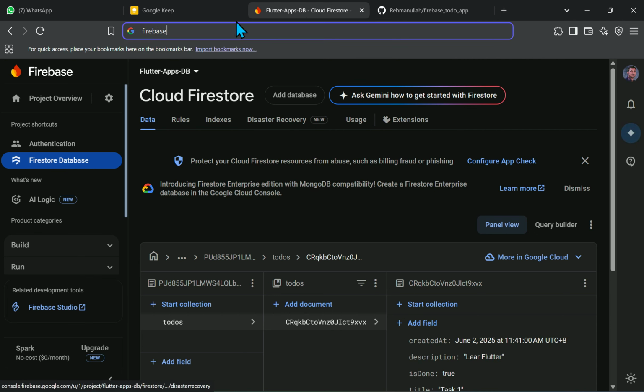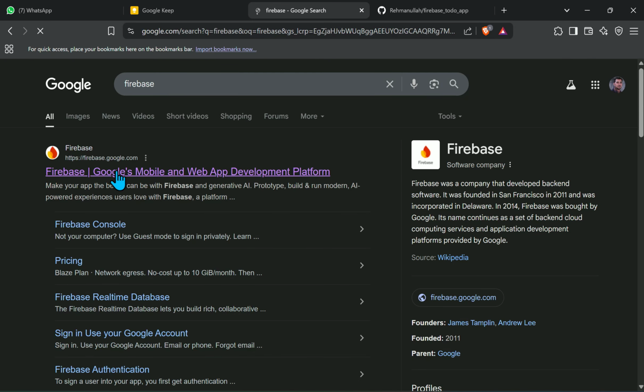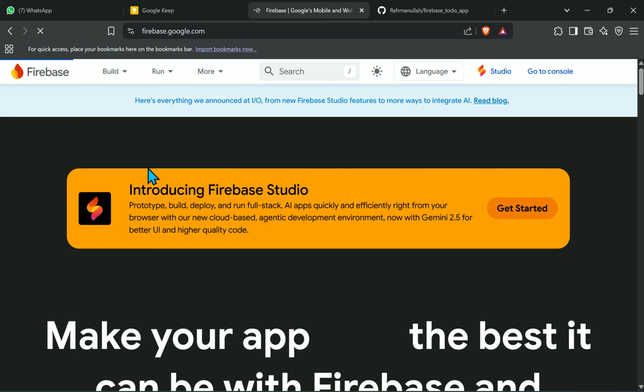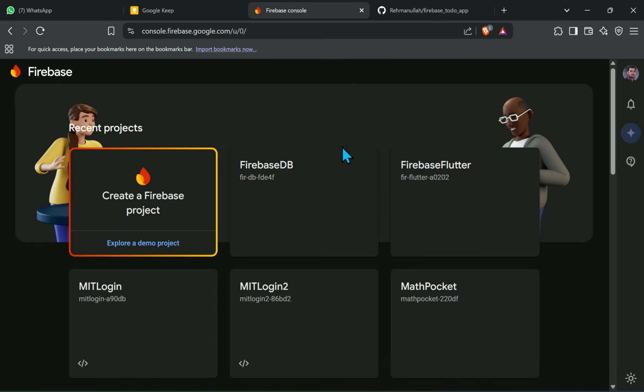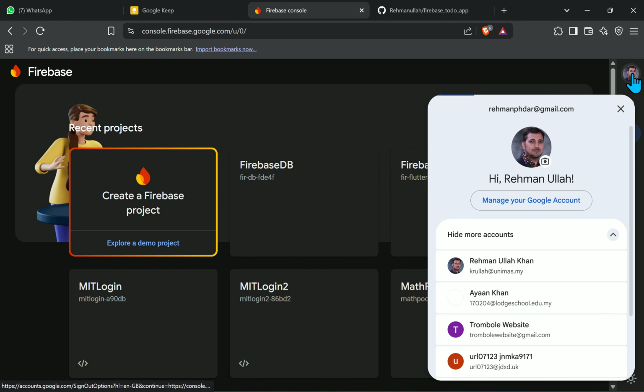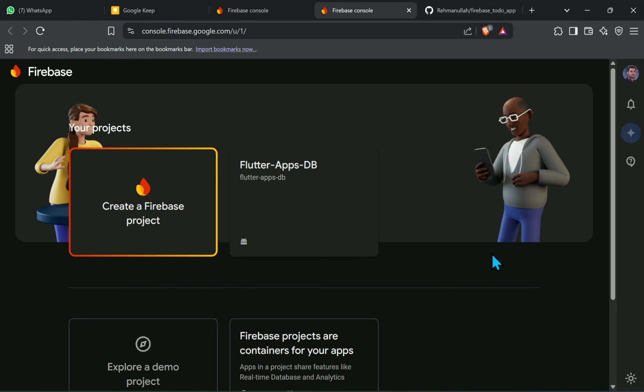So if you type Firebase in your Google search, you will get this link. Click this one. You're supposed to be logged in, and then click go to console. And when you go to console, if you already have your databases, you will get it like this. So I want to change to another email. If you already have some databases, they will be displayed here for you. If you are the first one,